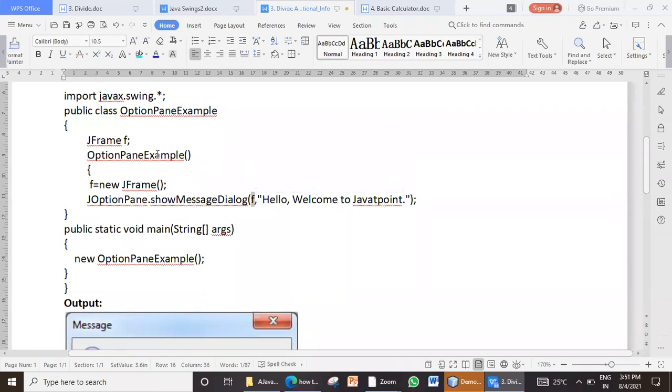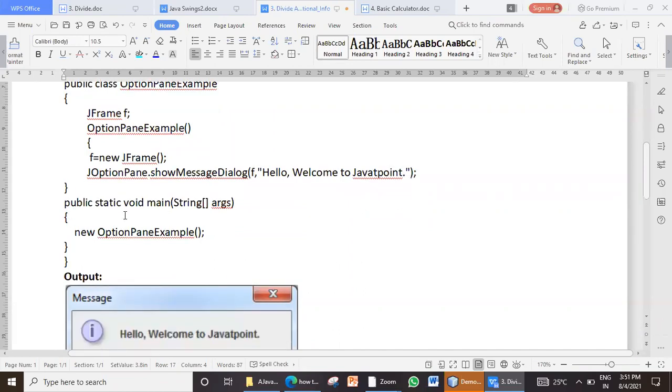Here our parent component is a frame and we have named it f while declaring, you can see on top. So I pass that name as f here. The second parameter is the string message. I have a message to be displayed in double quotes: Hello, welcome to Java Point. I have just taken that from that website. So it is to display that.